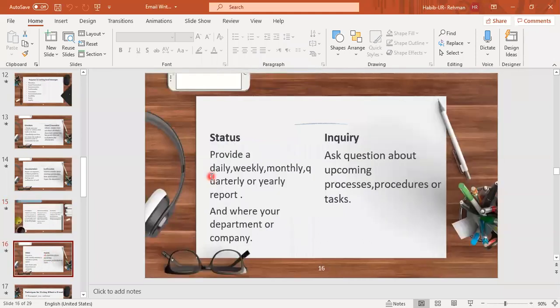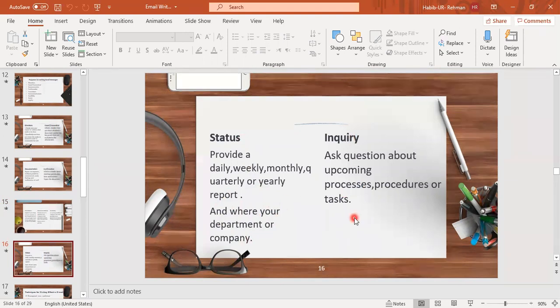Status, for example, daily status, weekly status, monthly status, yearly. So where your department or company is at the moment, that's the status. So you can provide that status report to your boss, and you can use email for that purpose.